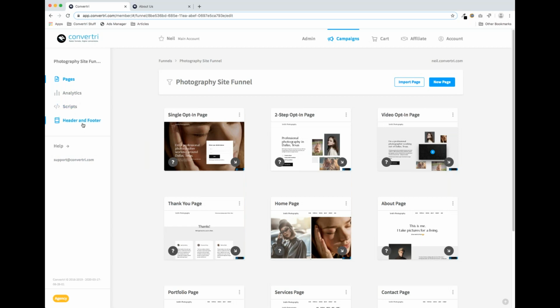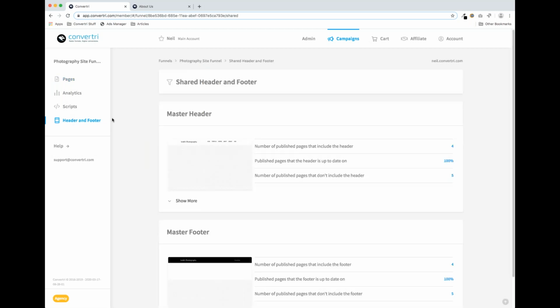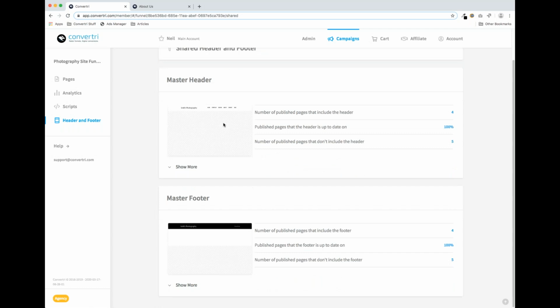I'm actually pointing at my screen while I do this. I don't know the way we present these things. So if we click on the header and footer section on this menu, then you come into the master header and master footer area. So if we edit the master header,